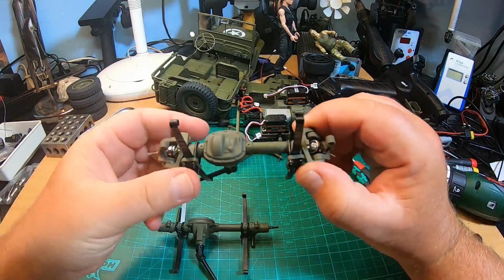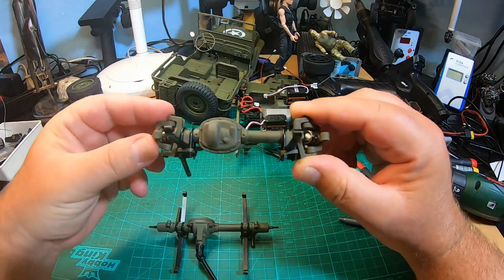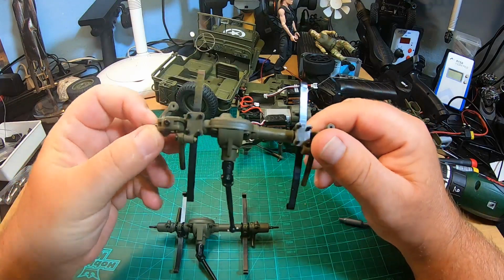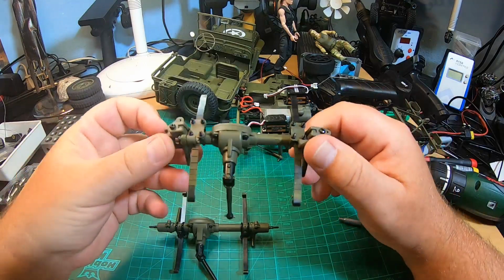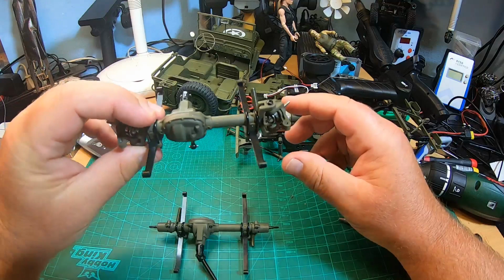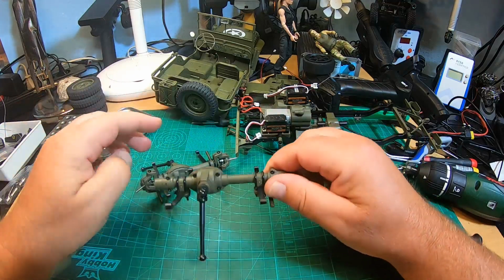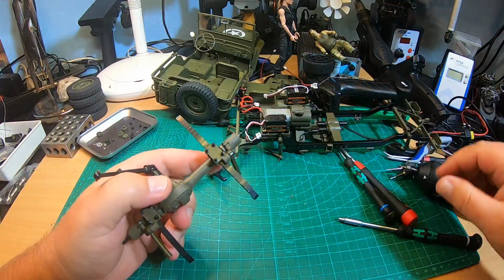Super nice axle housings, really scale, good looking. Yeah, and for taking apart those, first I will have to take off the leaf springs, and the leaf springs